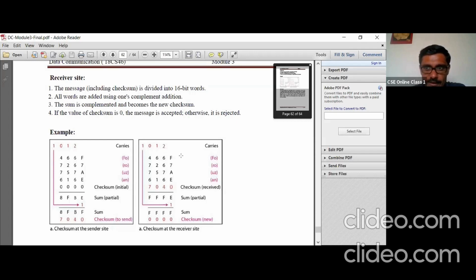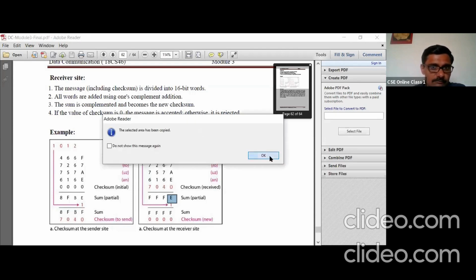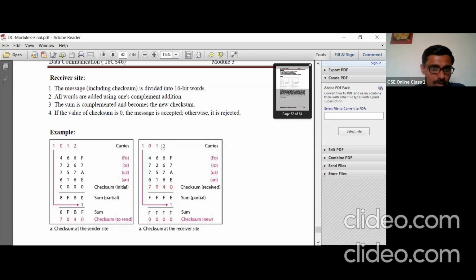Quotient is 2, remainder is 14. That 14 is nothing but E. That will come here. The quotient is your carry to the next position. Clear, right?